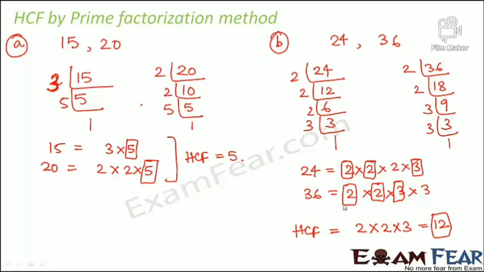In this case, 2 is a common factor between 24 and 36. This 2 is also a common factor. 3 is also a common factor. But when we multiply all of them, then what do we get? We get the highest common factor between 24 and 36. And this is the prime factorization method. So whenever you have to find out HCF between two or more numbers, make use of the prime factorization method because it is simpler and it is also